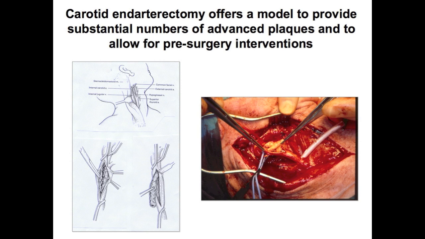So we had to study this somehow. So essentially, we needed to get hold of plaques from humans to whom we gave omega-3 fatty acids. Okay. Now, fortunately for us, there's a surgical procedure called carotid endarterectomy. So this is surgical removal of advanced plaques from the carotid artery. Okay. So this is a cartoon of what happens. So you clamp, well, you expose the carotid artery, you clamp it off, you slice it open, and you pull out the plaque. Okay, this is it happening in real life.